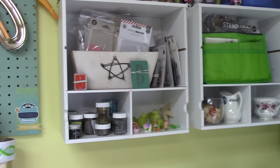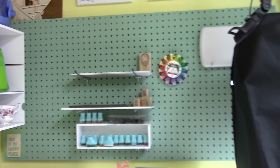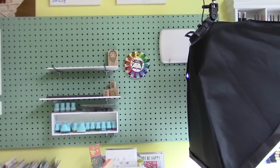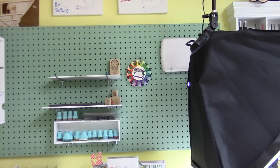So it's nice to have all of my letters together. I've got letter stickers, letter stamps, and non-sticker letters all together. I like that. So this is my pegboard that is rather useless, or not as useful, now that I have